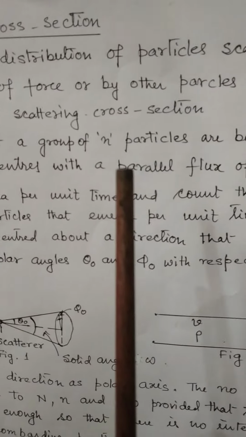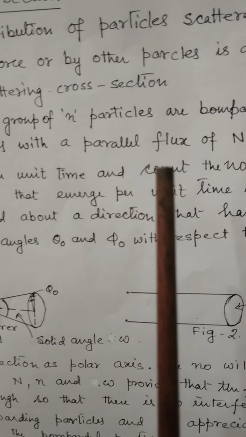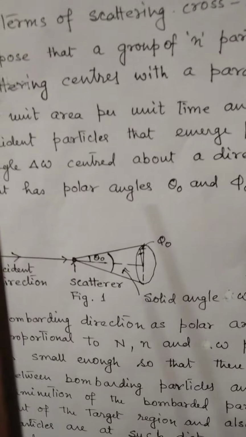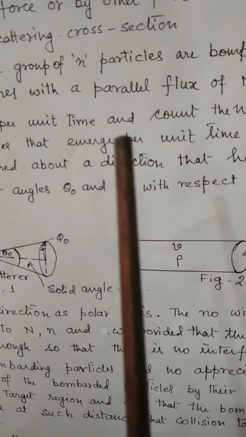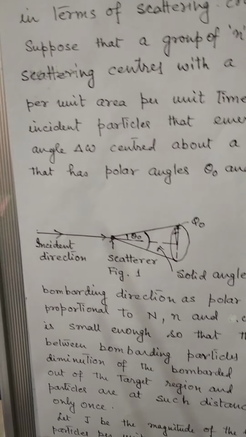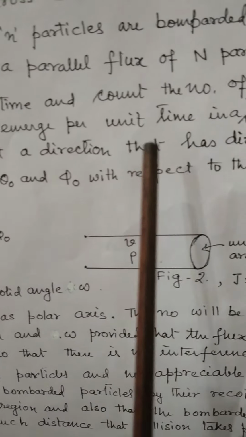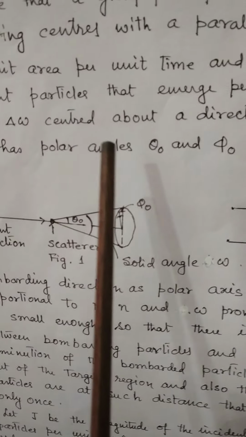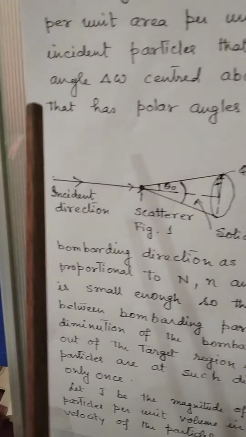Suppose that a group of n particles are bombarded with scattering centers with a parallel flux of N particles per unit area per unit time, and count the number of incident particles that emerge per unit time in a small solid angle delta omega centered about a direction that has